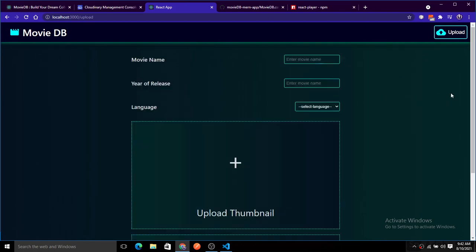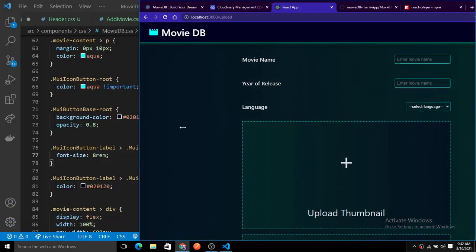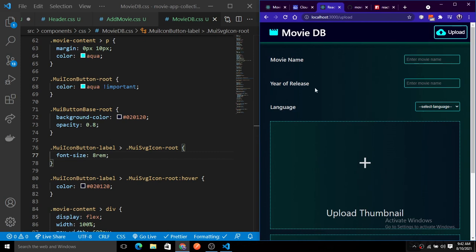The only thing left here is the back end. So this is the first part of this build. In the second part, we will first create a Cloudinary instance, and show how you can connect your application with Cloudinary and store the data on the cloud. Then we will explain each and every concept of how we can integrate your front end with the back end using Node.js. So this is the first part of this build. In the second part, we will meet there.